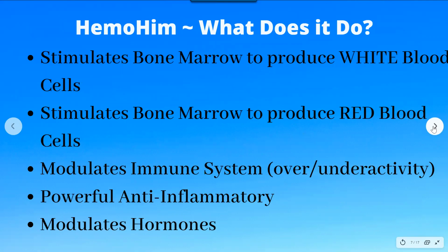What does HemoHIM do? With all the research that they've done on this product, because it was developed by a government research institute, they had available all of their technology for doing studies. And they found out through their research that HemoHIM, firstly, stimulates the bone marrow to produce white blood cells. It also stimulates the bone marrow to produce red blood cells. And this is the most important, these two effects are the most important part of HemoHIM and why it was so